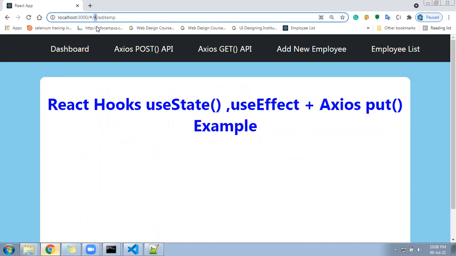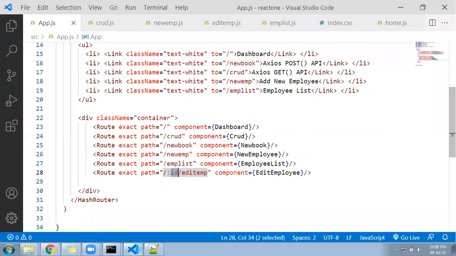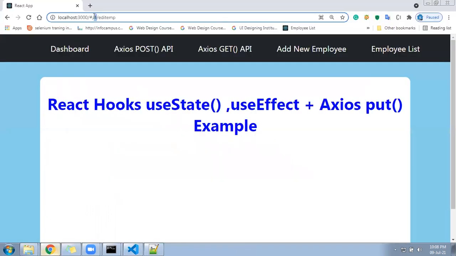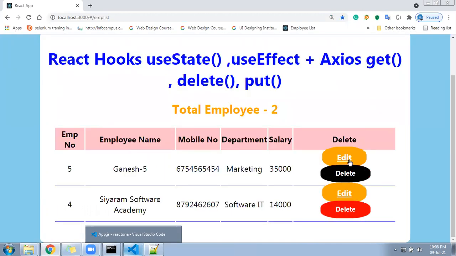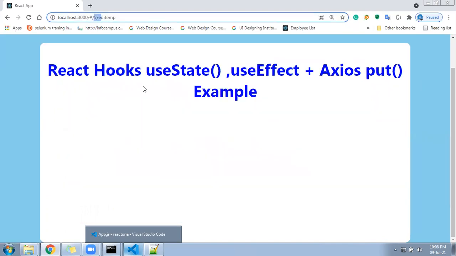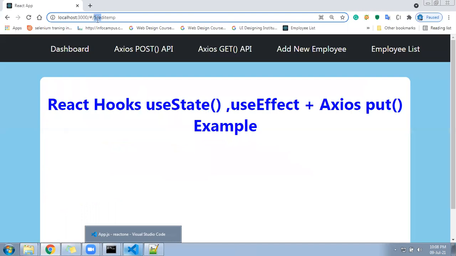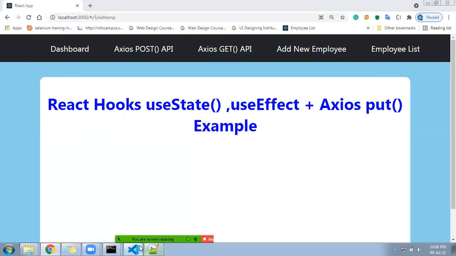This 4 value will be received where? It will be received under this ID. This ID is going to capture your value because it's the first parameter. Editemp is nothing but the name of the path that we have defined in the URL, and ID becomes a variable, and that variable is getting the value here, how much? 4. Let me show you some more. I'll go to the employee list and click edit on another employee. Then you can see the value changed to how much? To 5 in the URL. The value changed to 5. So this value is going to be captured under the ID variable.